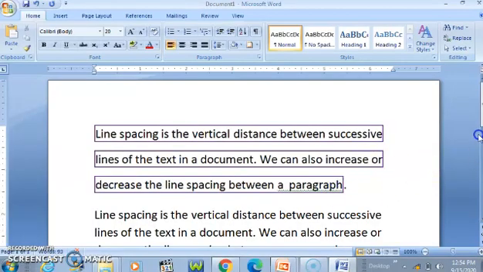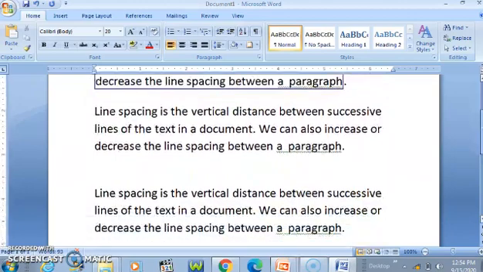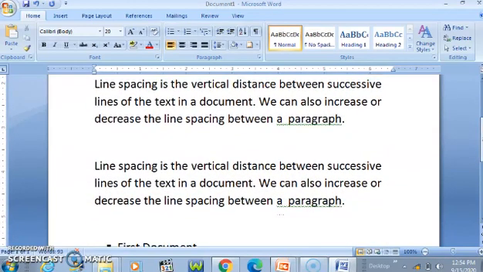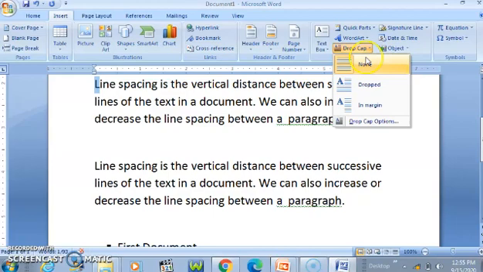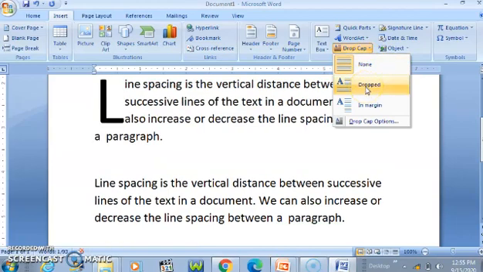Now we want to apply drop cap to the next paragraph. This is our next paragraph. Select the letter, click on the insert tab. Now drop cap will be given to the first letter of the paragraph. Select that letter, click on the insert tab and select the drop cap button in the text group. Now where is our text group? This is our text group. Select the drop cap option. You will be able to see that there is a drop cap option and define the parameters in the drop cap options. Click on OK button and observe the changes.